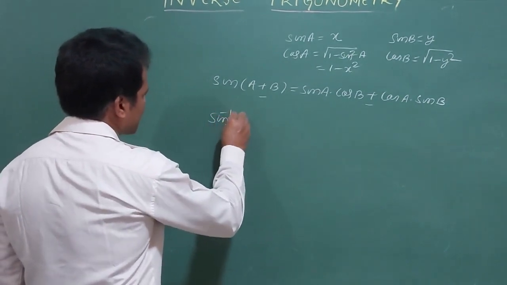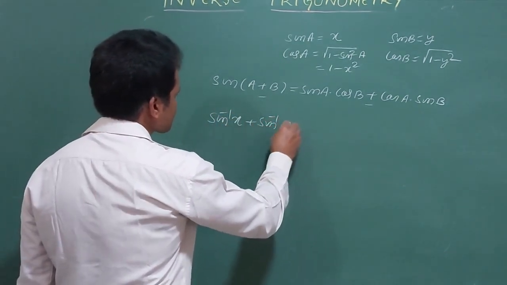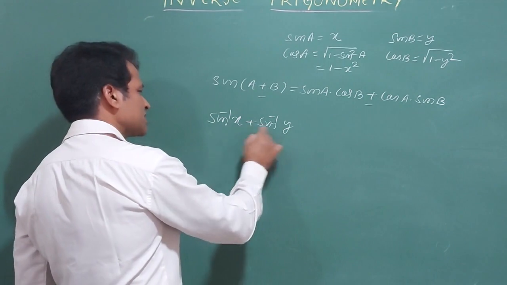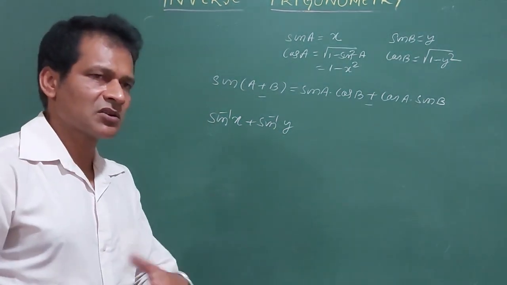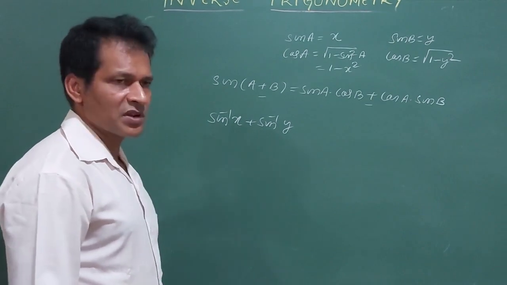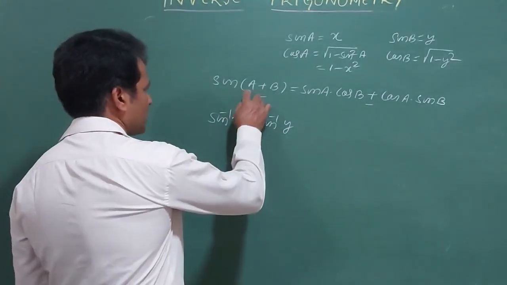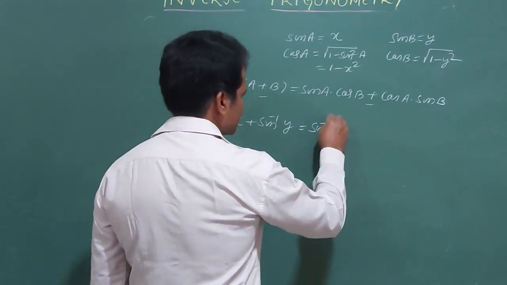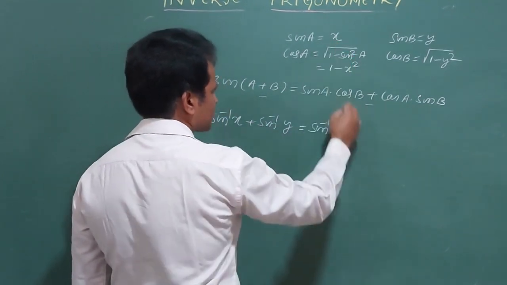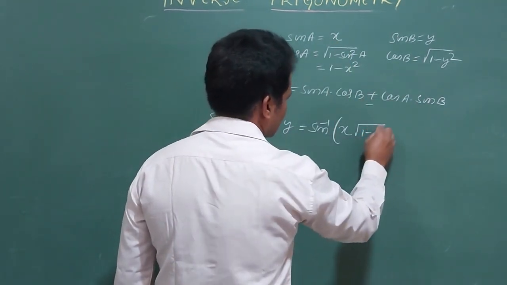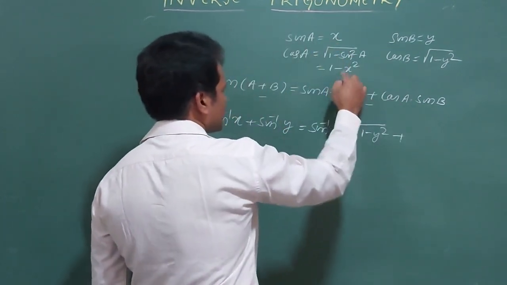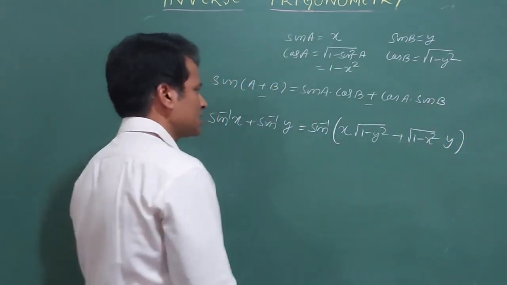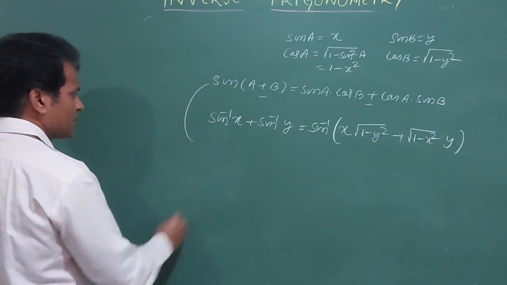Suppose I get the formula sin inverse x plus sin inverse y in the examination. It cannot be sin inverse x plus cos inverse y. If it is cos inverse y, then I have to convert cos to sin. Either both will be sin, or both cos, or both tan. Then I think about sin A plus B. What is the formula for sin A plus B? Sin A cos B plus cos A sin B, with sin inverse outside. Sin A is x, cos B is under root 1 minus y square, cos A is under root 1 minus x square, and sin B is y.